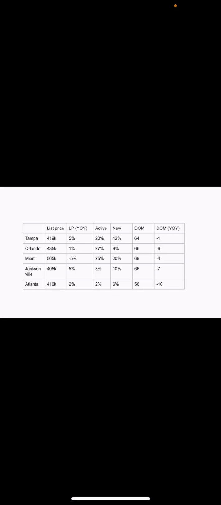Florida data. I'm in the state of Florida, so I always include an extra slide on Florida data. Out of the big metros, Jacksonville has the cheapest price at $405,000. Miami is at the highest at $565,000 for the biggest metros. Prices increased across the state besides Miami. There are more listings everywhere in the state, and the days on market are lower everywhere in the state as well. And once again, this could change for some tiny, small county or city anywhere in the state.